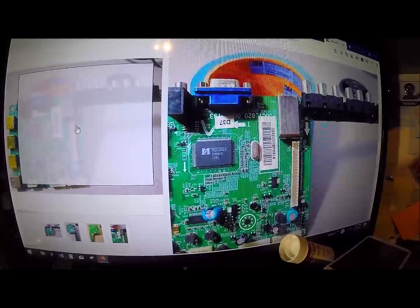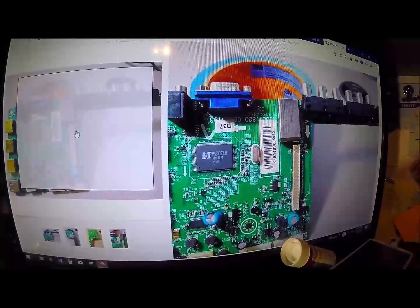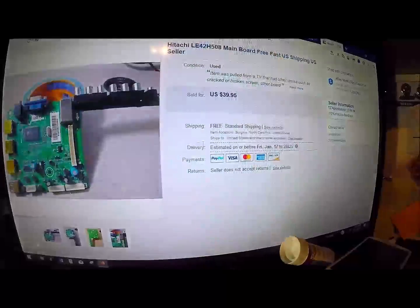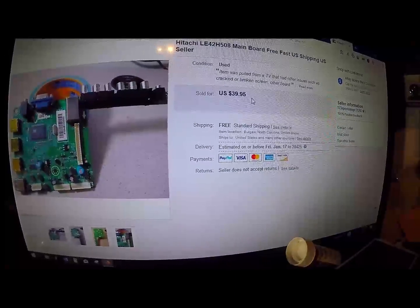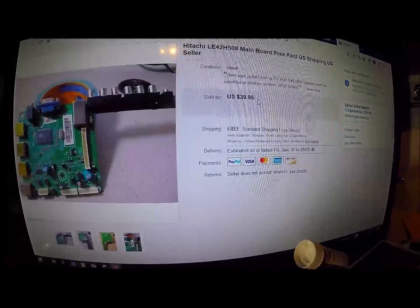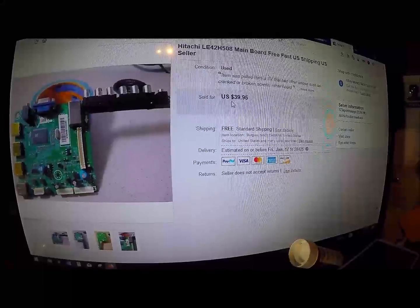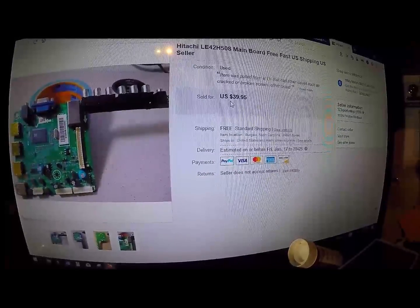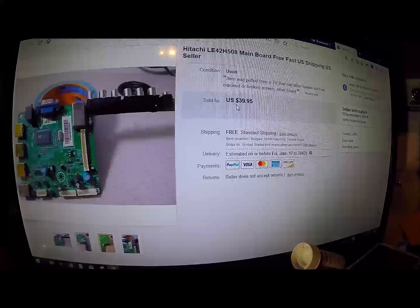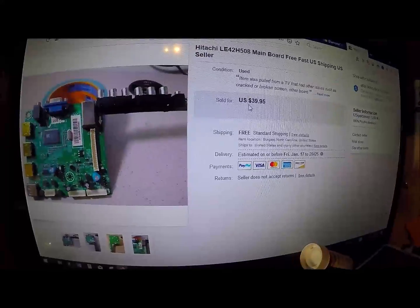You've got all the wiring and harnesses. You've got the main power cord. You've got the remote if it comes with it, and you've got the stands. So altogether, if you can find a 42-inch TV, and it's really easy to take apart, that one board got $40. Plus, I did free shipping on it. I do free shipping on all my parts. But that one board, there'll be between 2 and 3 boards, possibly 4 boards on a TV, plus the wiring, plus the power cord, because some of the power cords don't just plug into